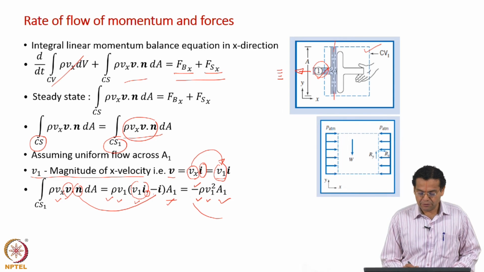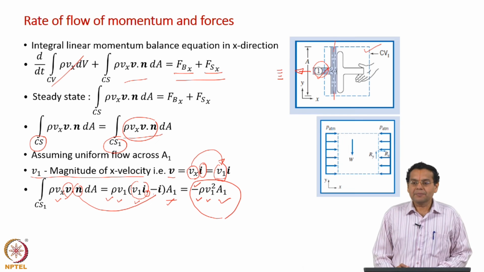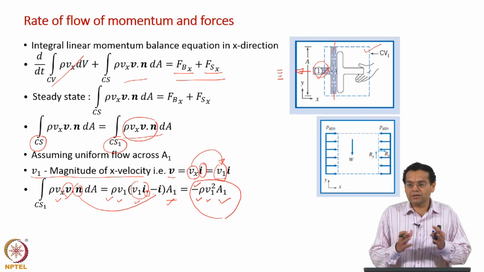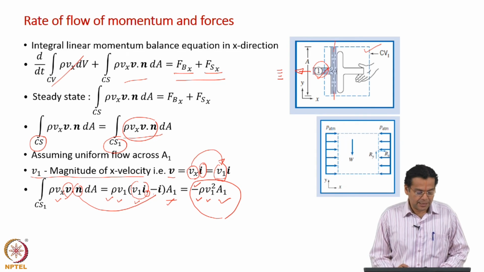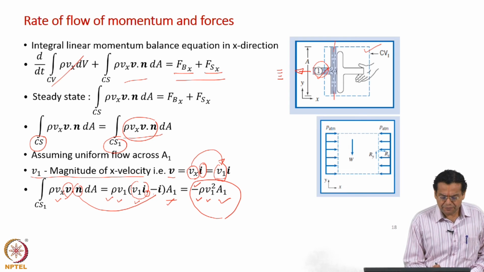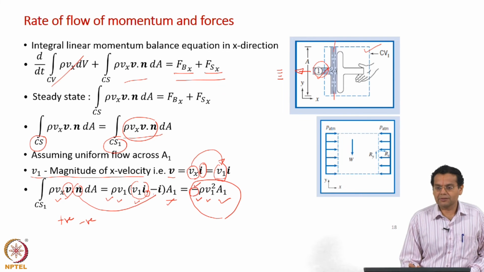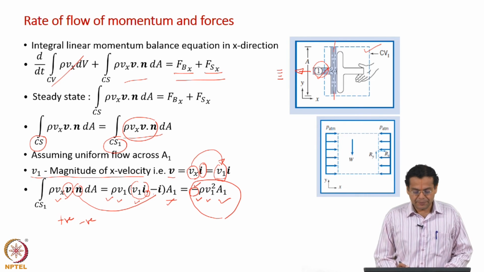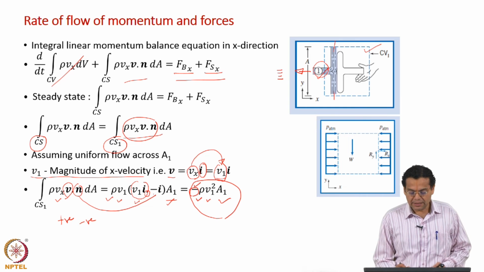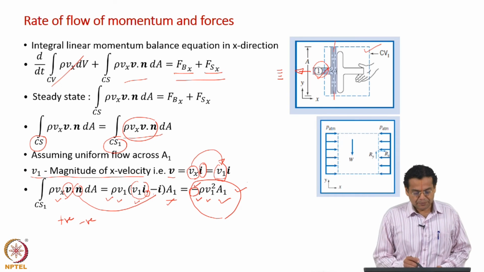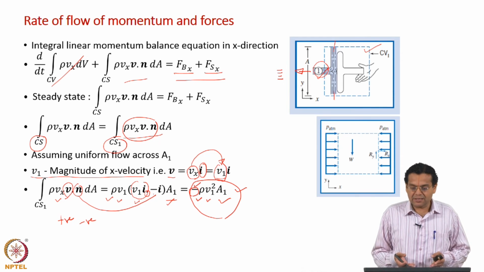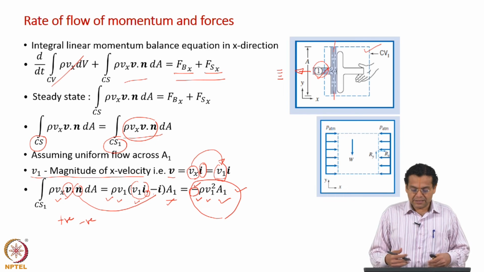We have to be a little careful in arriving at the correct sign of this particular term. If you recall our earlier discussion on the combination of two terms resulting in a sign, we can quickly check this sign. Vx is positive. V dot n is negative because it is inflow, resulting in a negative sign. We said these two signs together give the sign for the entire term. In this case, one is positive, the other is negative, resulting in a negative sign. That is why we did not discuss much on simplification of the integral balance earlier. There is no way we can discuss all this in a general way, so we discuss it for a specific problem.